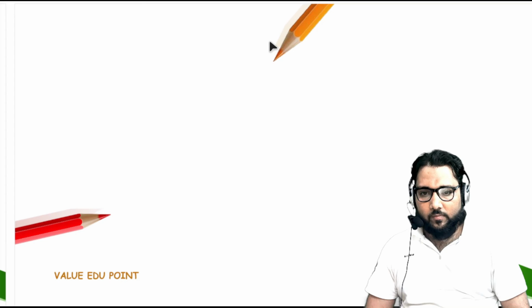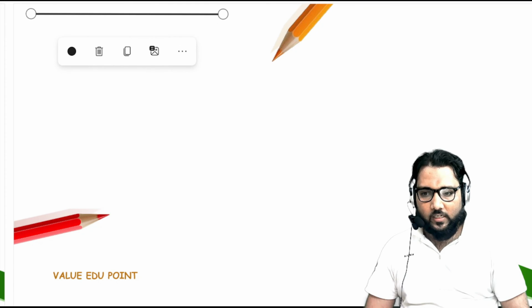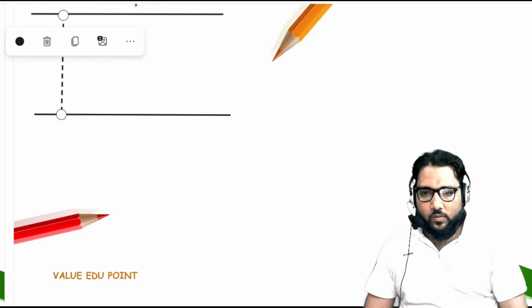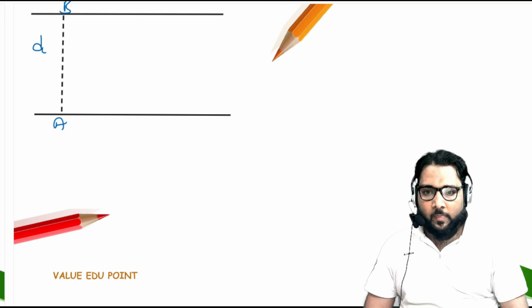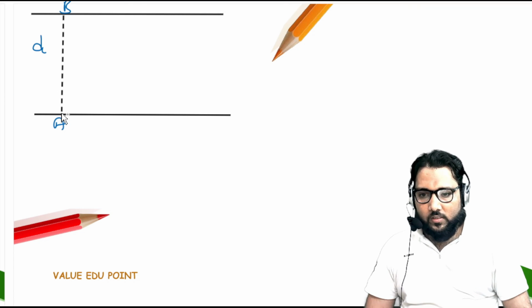Now in the second case, what happens, guys? Look at this very carefully. This is the river. This is the point A here, and this is the point B here, and the distance is equal to d. Now, the previous one was the shortest path, and this is the quickest path. Now the swimmer will start swimming in this direction.